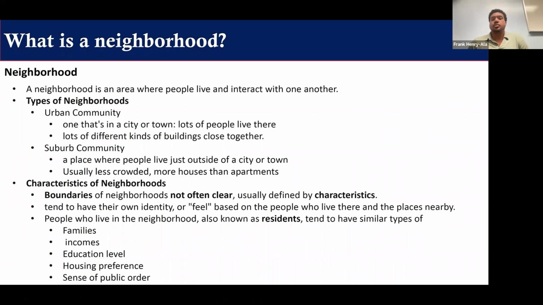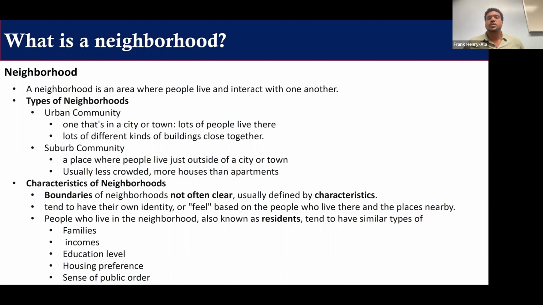The characteristics of a neighborhood: usually the boundaries are very unclear about where exactly a neighborhood starts and finishes, at least to the common person. Mind you, the city has maps, they map out these neighborhoods so they know exactly the boundaries. But for the normal resident, asking what neighborhood is this, normally it's not set by specific boundaries. Sometimes there are big streets, and usually those streets define the neighborhood if you cross this street or that street. But typically neighborhoods are really defined by the people who live there, right?